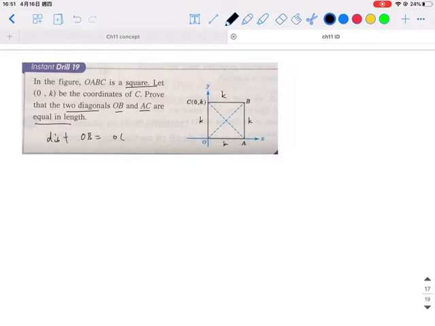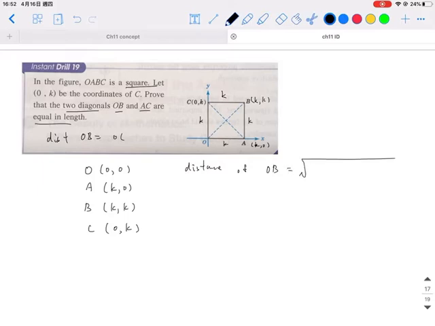So we can know the coordinate of A should be K, 0, and B should be K, K, right? So we can write down: O is 0, 0, A is K, 0, the coordinate of B is K, K, and the coordinate of C is 0, K. So therefore we need to show the distance of OB, which should be the distance point formula,